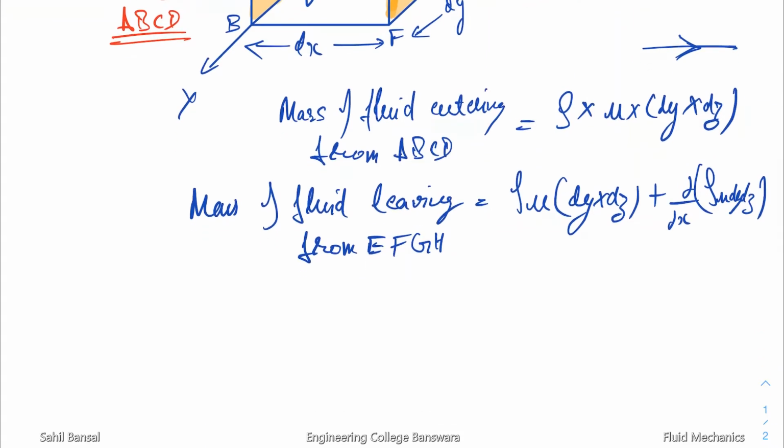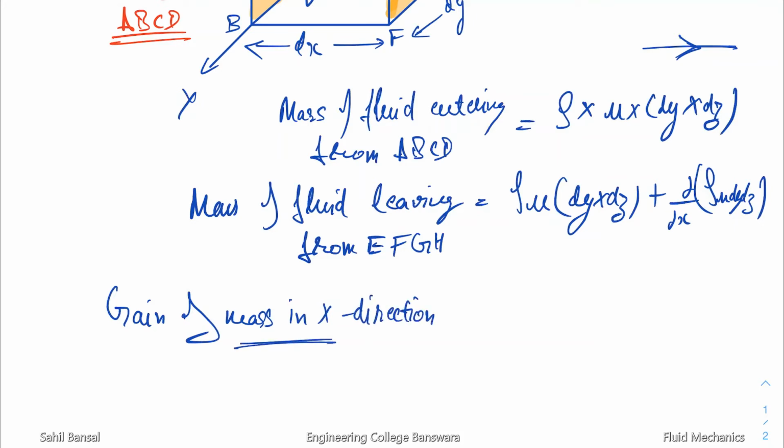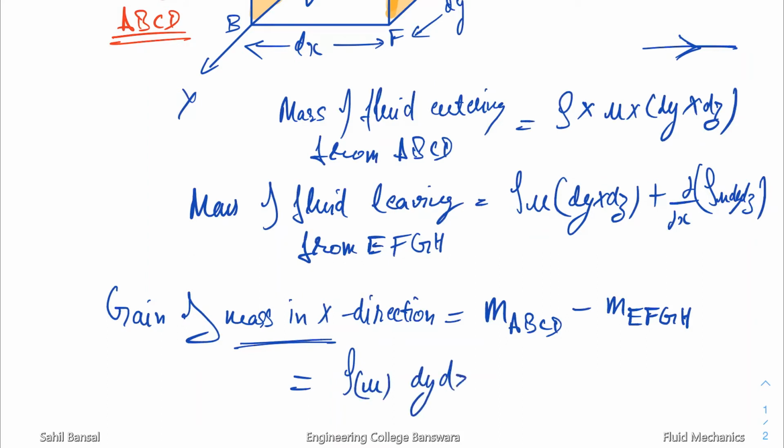So what will be the gain of mass in x direction? It will be equal to the mass through ABCD, the mass that has entered, minus the mass that has left, that is, the mass from EFGH. Simple. Which means it will be equal to rho u dy dz minus of rho u